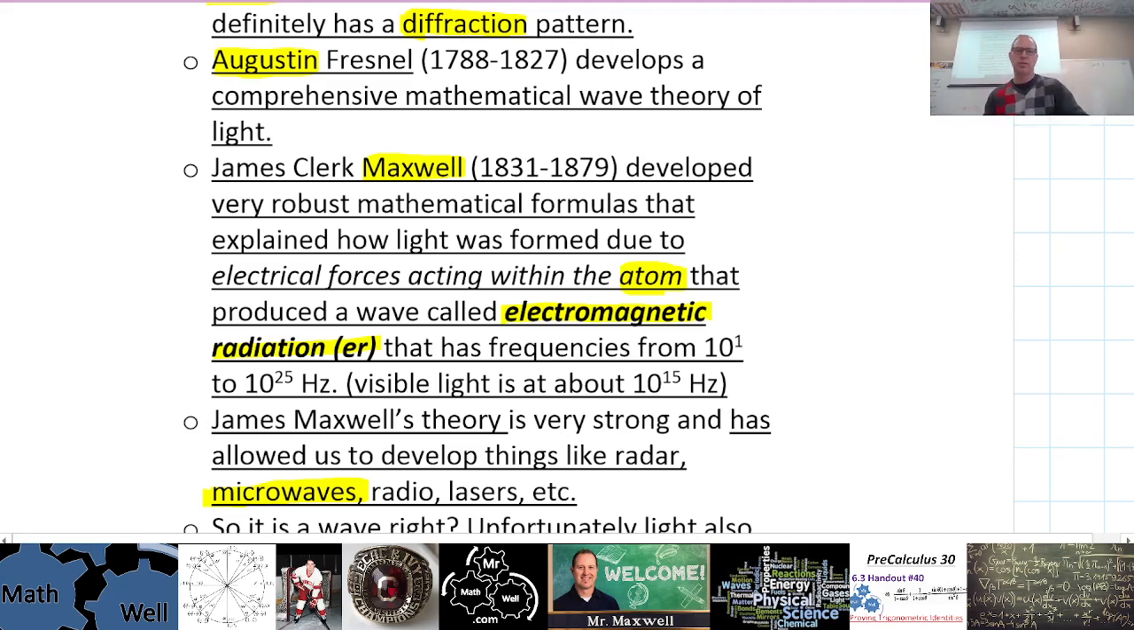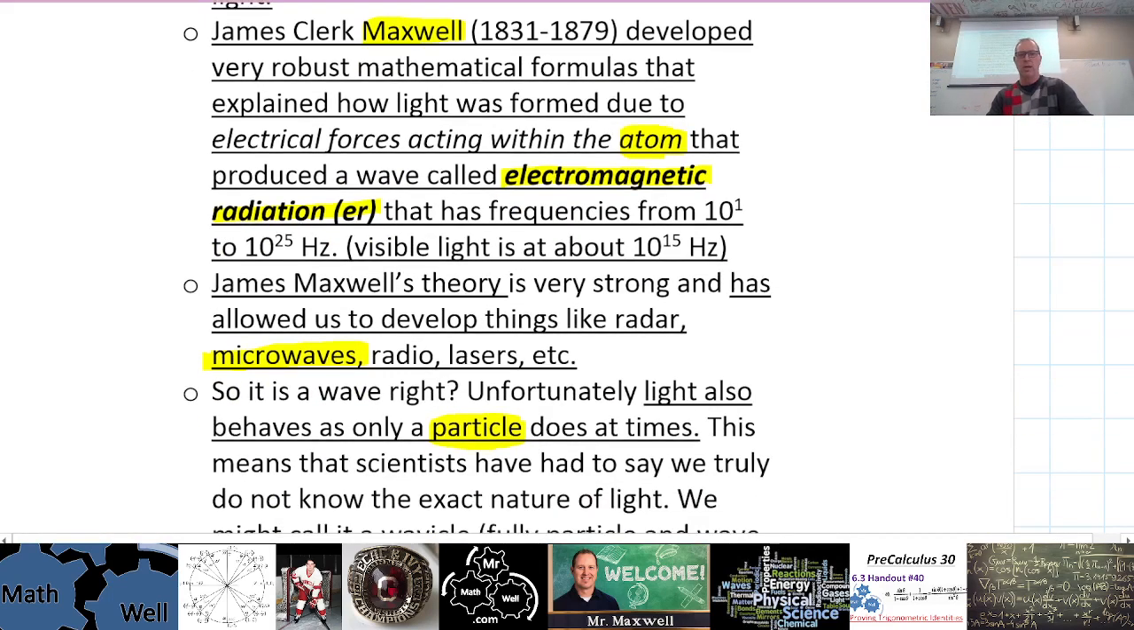James Maxwell's theories, very strong, have allowed us to develop things like radar, microwaves, radios, lasers, etc. So here's the question. Is light a wave? So it's a wave. Unfortunately, light also behaves like a particle does at times. And so our model of being exclusively a wave